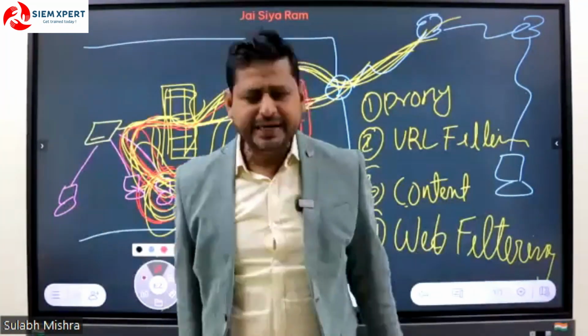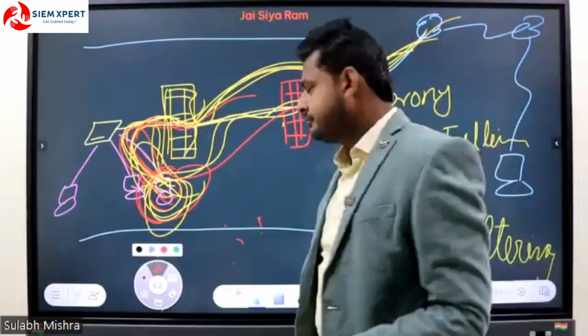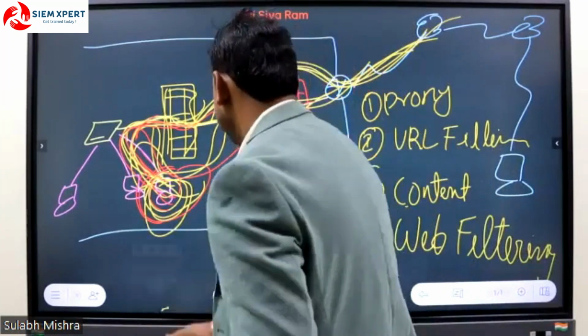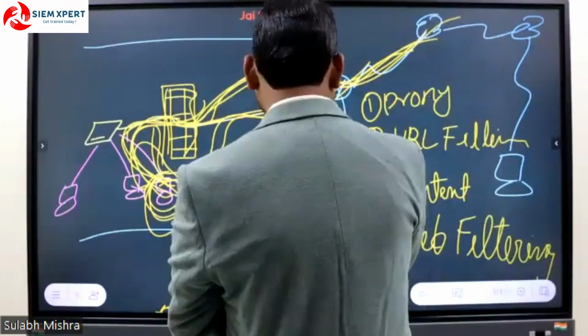Understand? Let's say, for example, you bought this proxy from Blue Coat. Get it? To whom did you buy it? From Blue Coat. So once you bought this proxy,